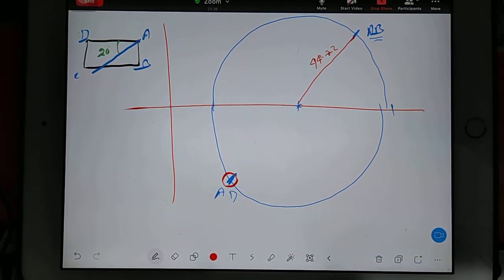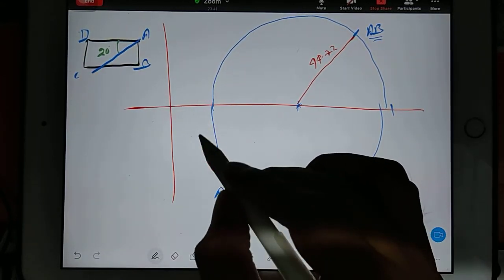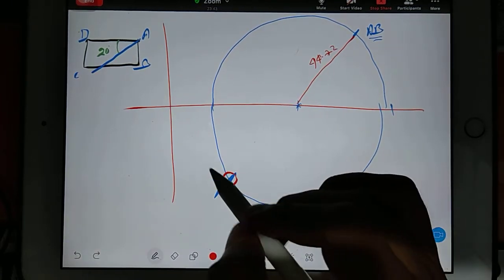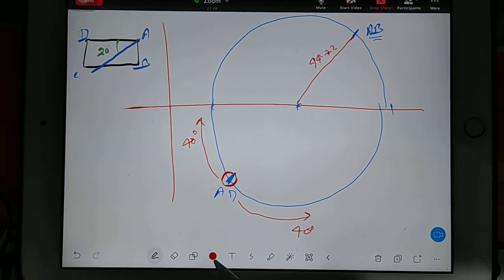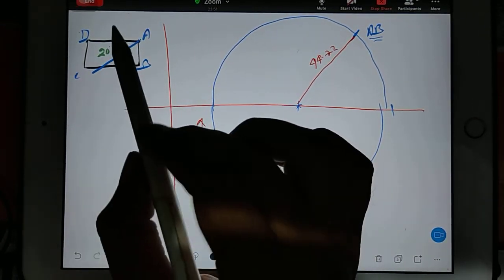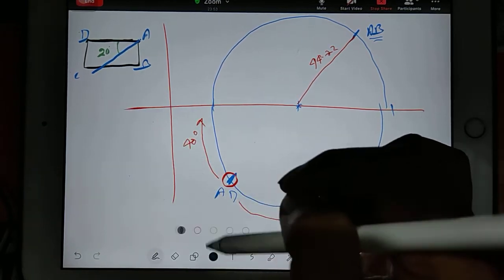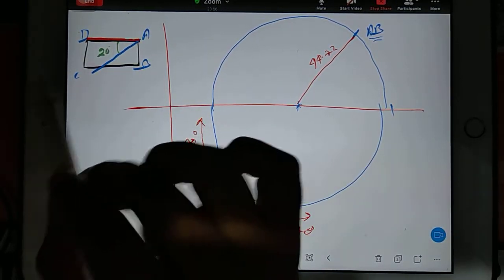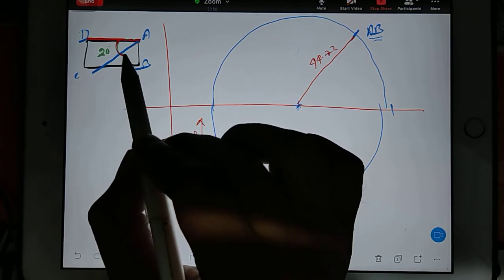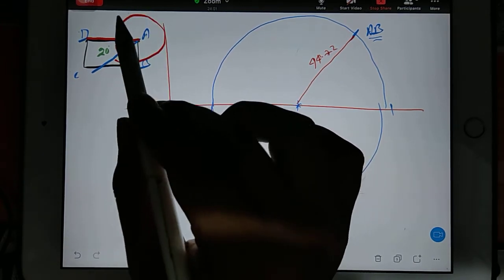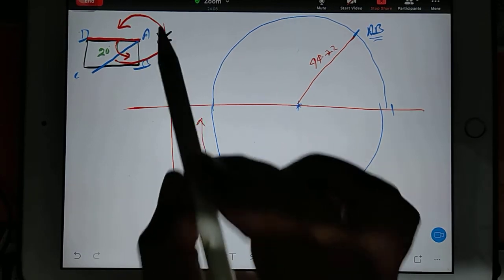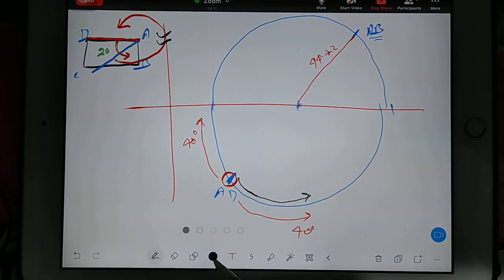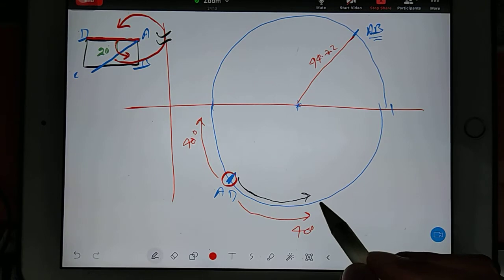Okay, it means what? From plane AD you have to go 20 degree this side, 40 degree this side, or 40 degree this side. There are two possibilities. So rule says, from the AD plane, your inclined plane is like this. It means what? Anti-clockwise. So on the Mohr circle also you go anti-clockwise. Exactly the same fashion you follow. 40 degree.